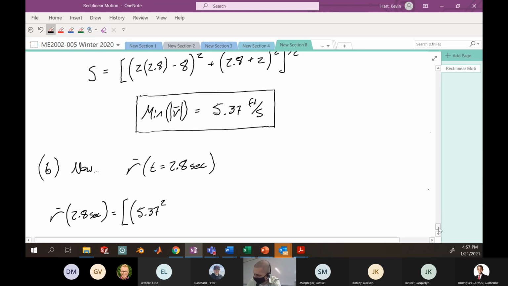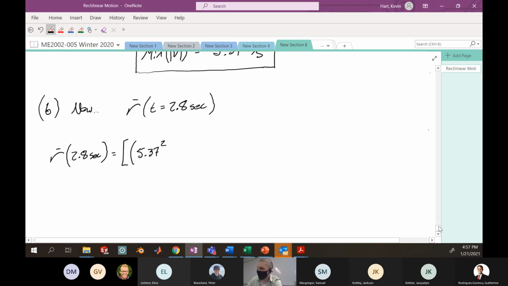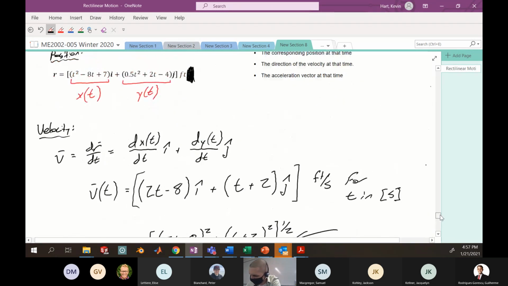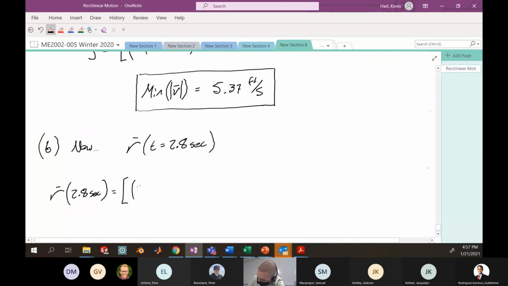I have to go all the way back up. I'll remind you that we have something like t squared minus 8t plus 7. So it's going to be 5. Why did I do that? Why did I write 5.37? All right, 2.8 squared. And I forgot my 0.5. God. Okay, 0.5 t squared. Okay. Yikes. 2.8 seconds squared minus 8 times t, just 2.8 seconds, plus 7